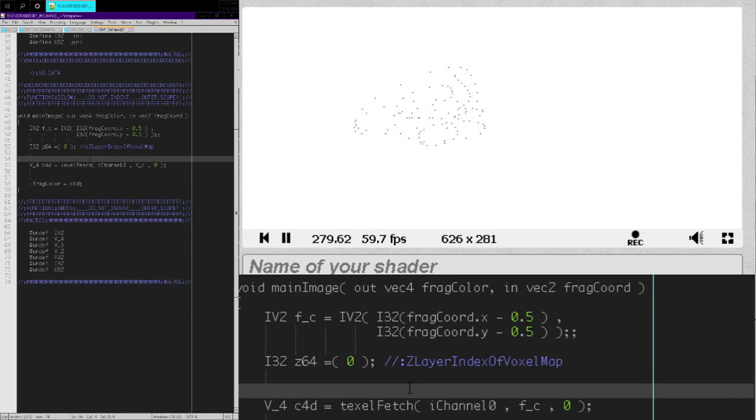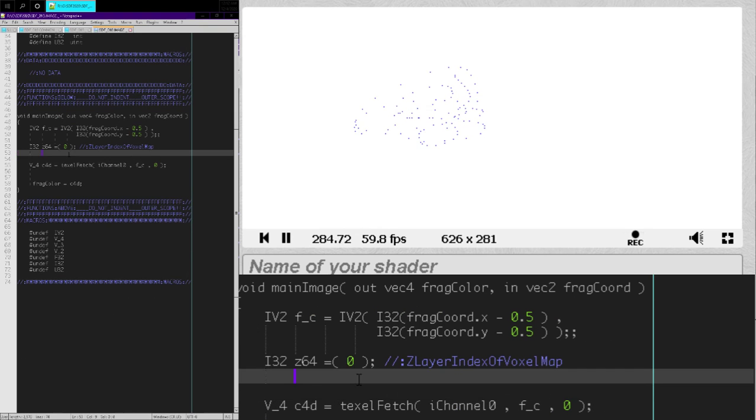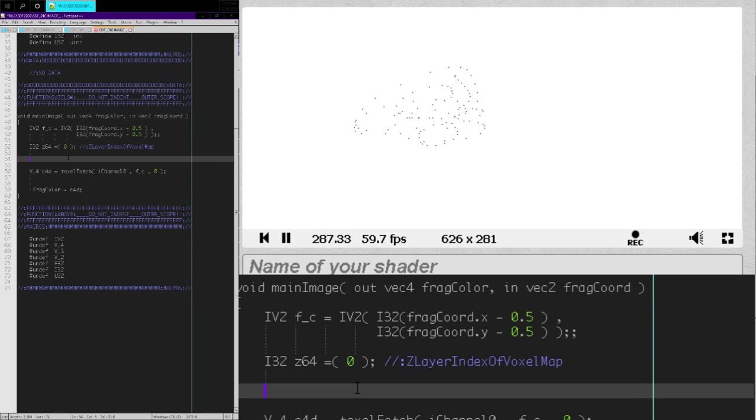and we want to divide everything. We want to figure out what cell we're in on the X and Y, and we're just going to divide everything. So I32 cell 64, cell 64x equals the fragment chord